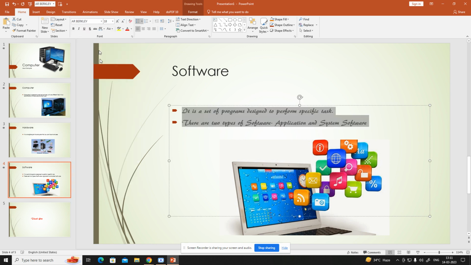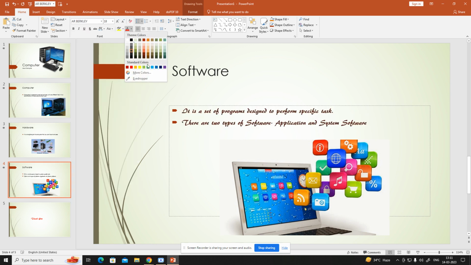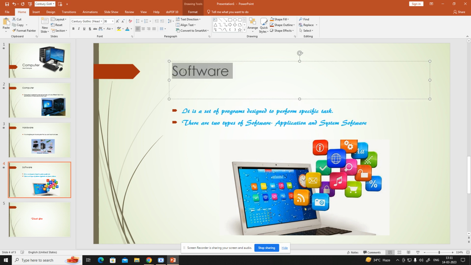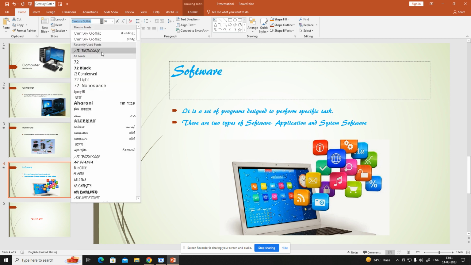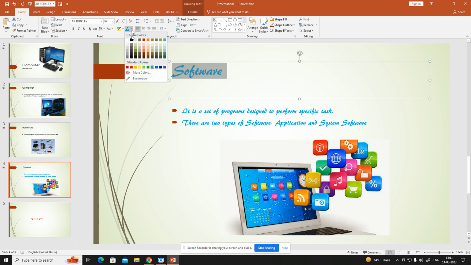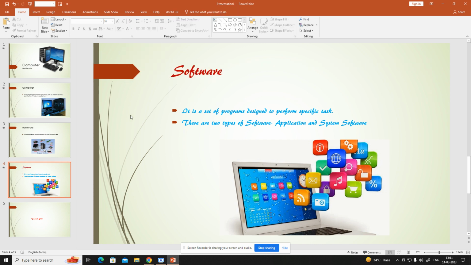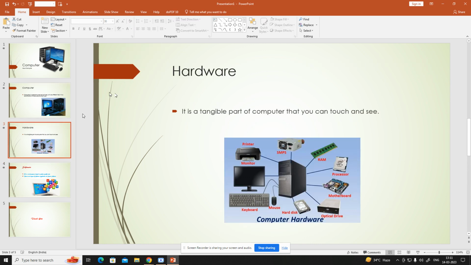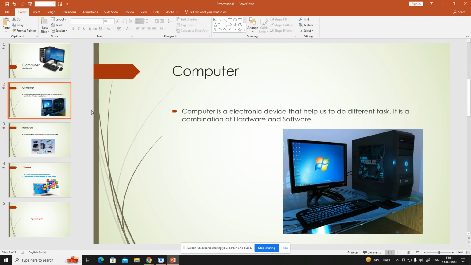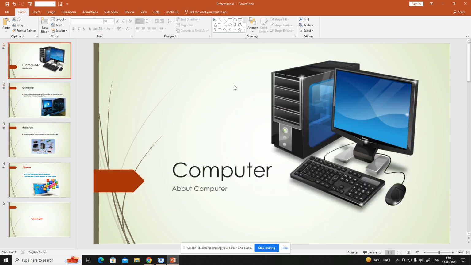Suppose I select this one, and then I can add color to this one. Suppose this one, and then you can add a style, or you can change the color also. So this is a way by which you can create your presentation